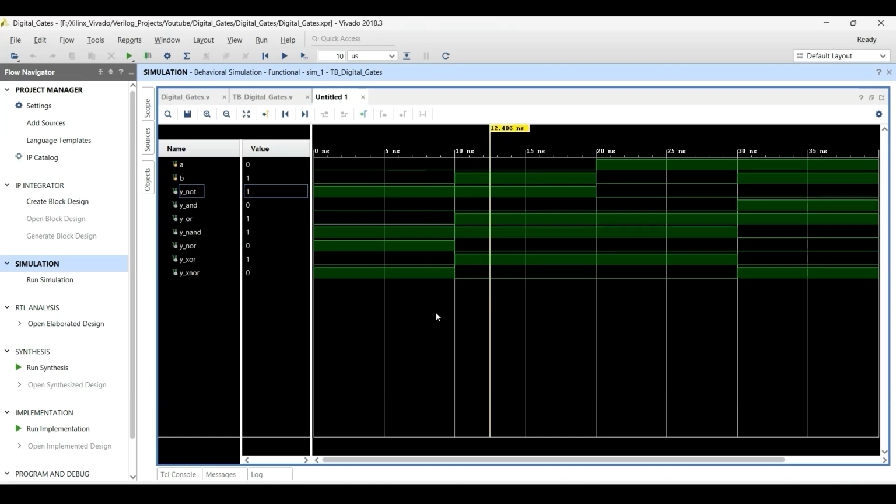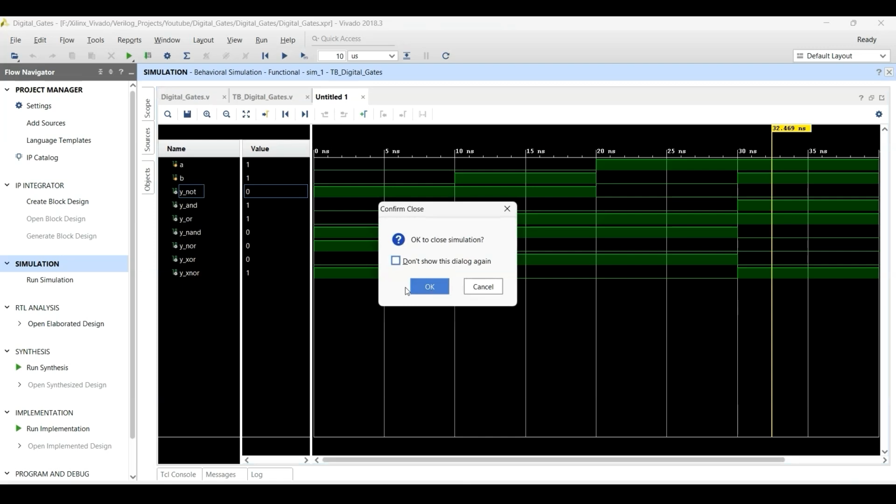When just B is 1, again NOT is 1 and AND 0, OR 1, NAND 1, NOR 0, XOR 1, XNOR 0. And when just A is 1, NOT is 0 and AND 0, and you can see the other results in your display. And you can check whether your code works fine or not.